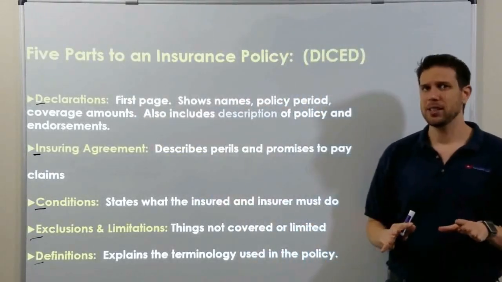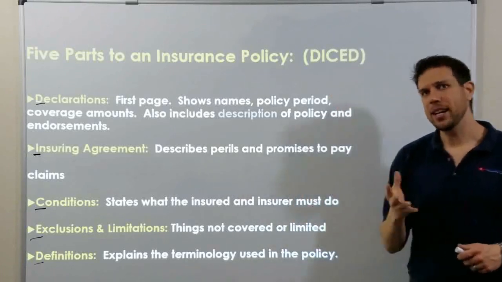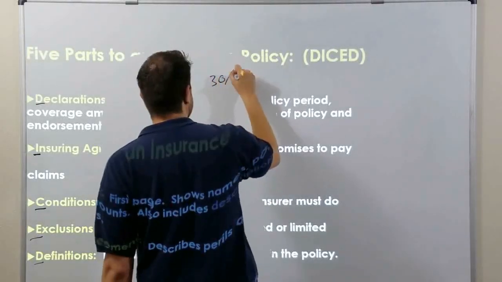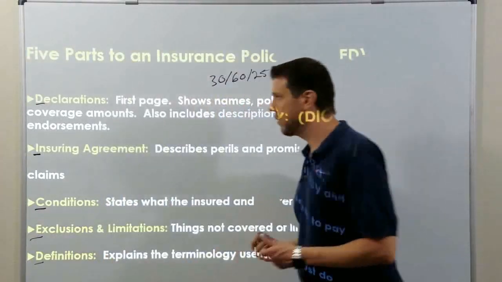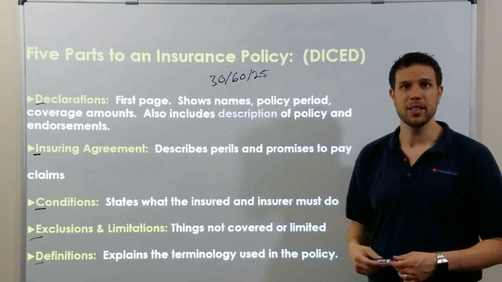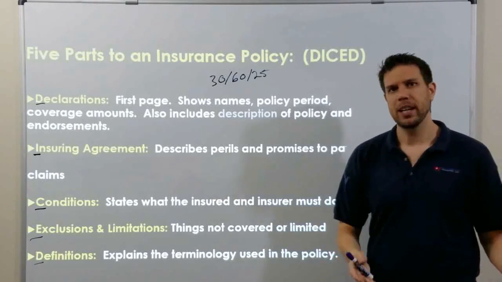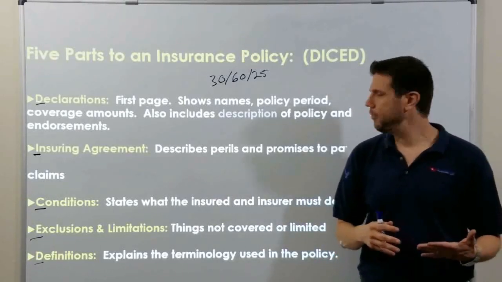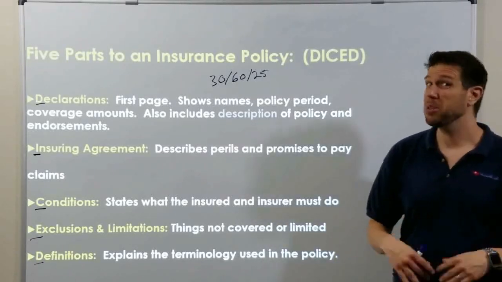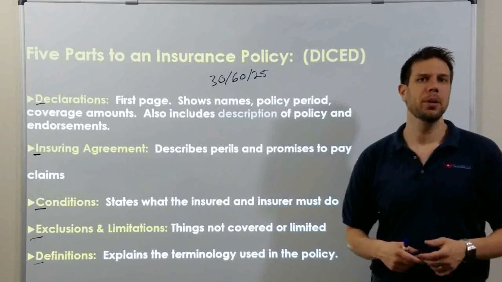Anytime you quote somebody insurance, you almost always ask them to send you their dec page. The state minimum auto insurance limits in Texas is 30, 60, 25. So let's say somebody walks into your office and says, hey, I'd like a quote for auto insurance. You say, great. You ask them first, well, what do you currently have? And customers never know what they have. So they'll probably say, oh, I have full coverage. And you'll say, well, in the insurance world, we don't say full coverage anymore because not everything's covered. So you'd say, well, what are your liability limits?